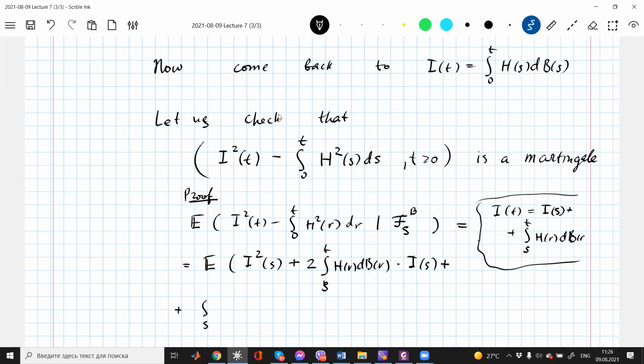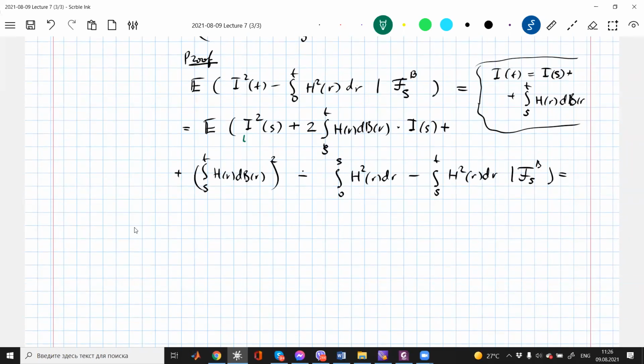the integral of h(r) dB(r) from s to t, squared, and the same I will do with this integral. I will split it into two parts, the integral from s to t of h squared(r) dr. Okay, so what we can see from this writing,